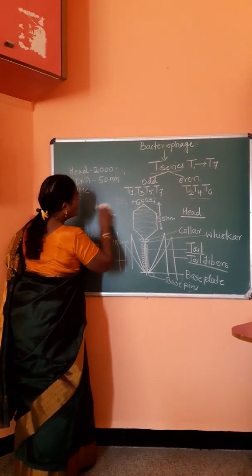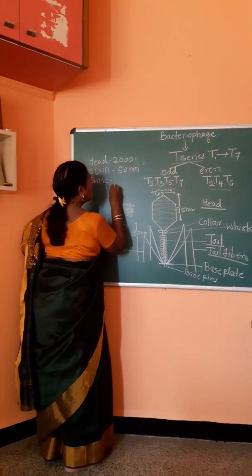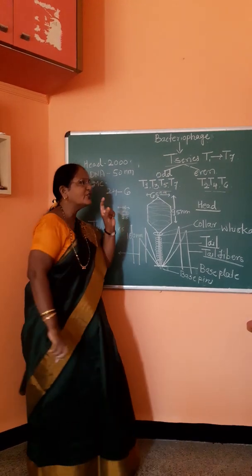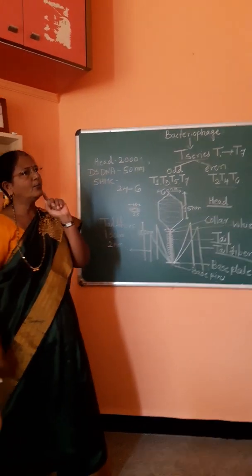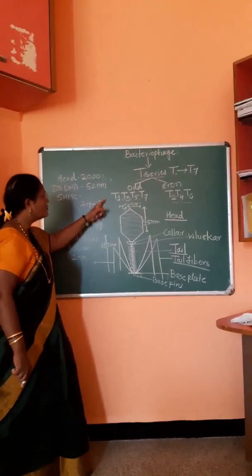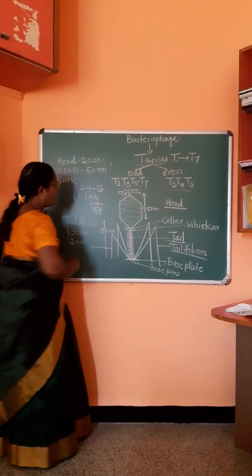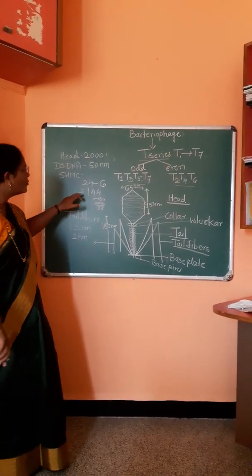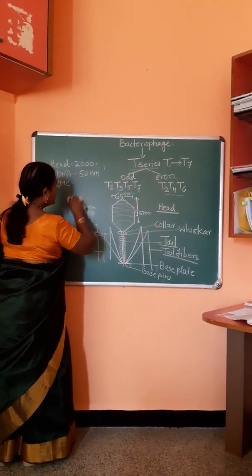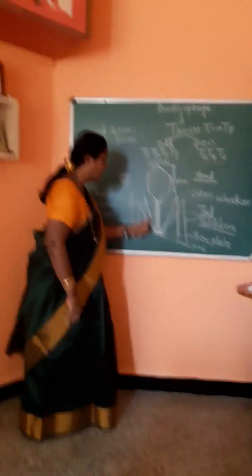Now how many ring-like structures are present? Just now I have told you 24 rings are present, and each ring is made from 6 identical protomers, identical protein units. So each ring is made from 6 units. So how many protein units are present in a sheathed tail? 144 proteins are present. So with the help of 144 proteins, the sheathed tail is formed. Okay. Now we will study the dimensions of this tail.